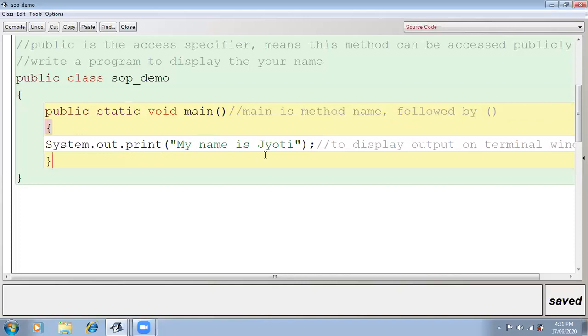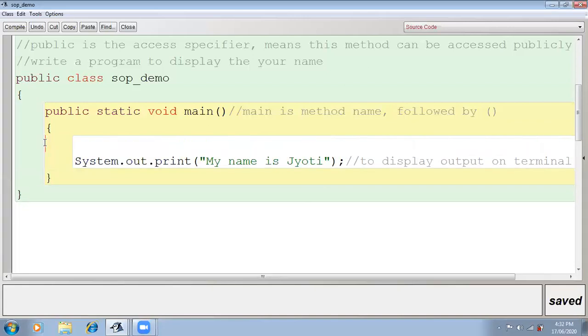So here, system.out.print, my name is Jyoti. Understood? Now if I want to display the hello message, what I will do is write the output also: System.out.println, and then hello, if I want to write hello.